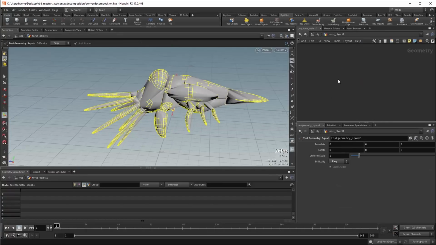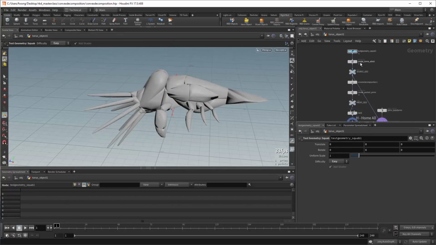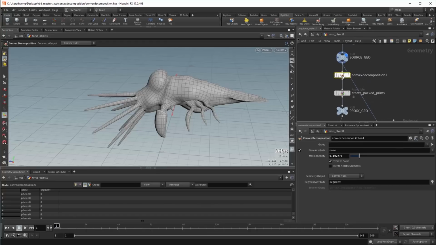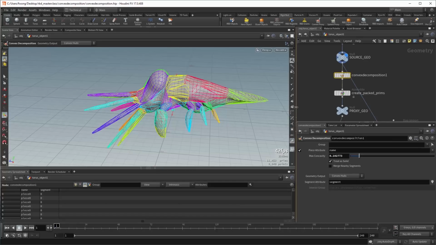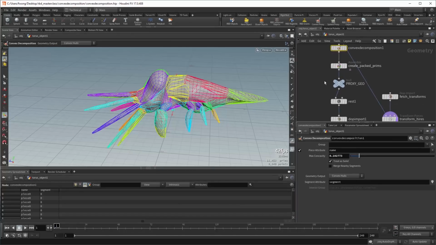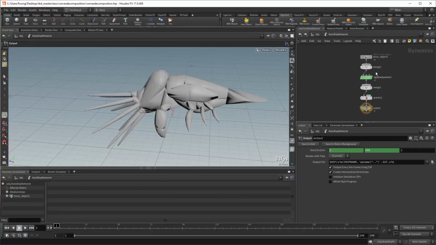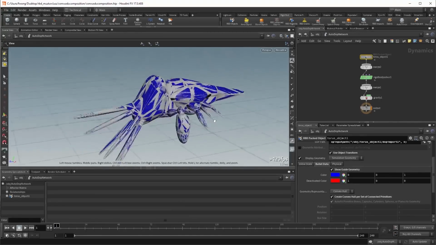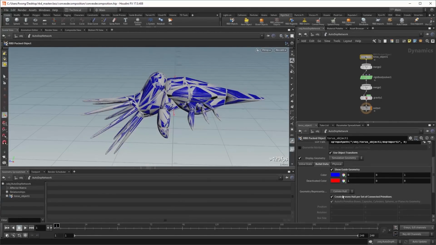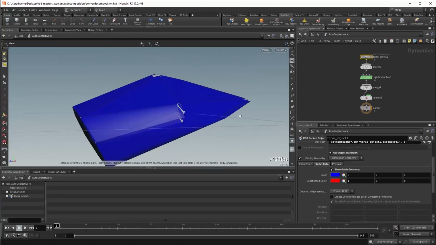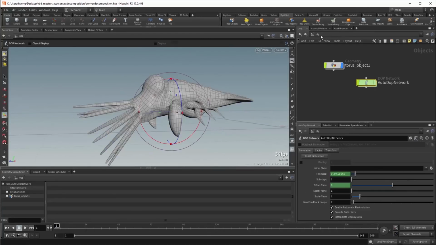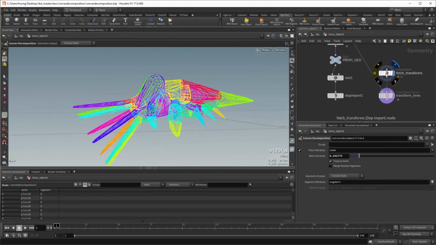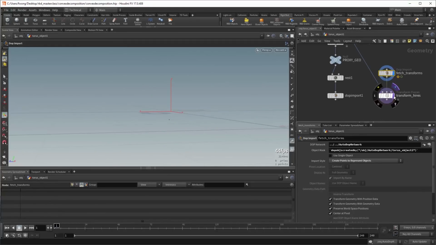And so if we jump back to SOPs, we'll see that what it did was it just took our original source geometry, ran it through the Convex Decomposition SOP with the piece attribute option turned on, so you could have already pre-fractured your geometry, and then sent that into DOPs. And just like before, we turn on the option to create a compound collision shape. So we're using the convex hulls that we've already computed using the Convex Decomposition SOP instead of just wrapping it all in one big convex hull. And then back in SOPs, after the simulation, we're doing the same DOP Import as points and then Transform Pieces